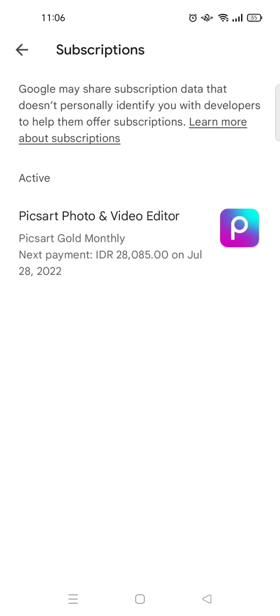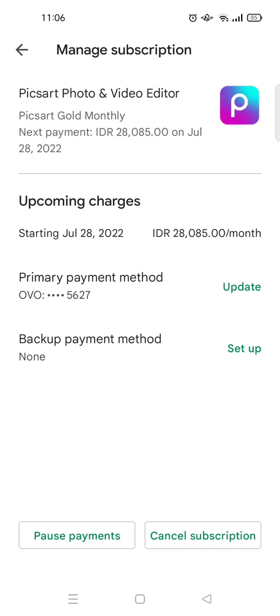Select on that and you'll find here the list of apps that you subscribed to before in Google Play. So in this case I only have one subscription, and then if you want to unsubscribe from it, just click on the app here and you'll find the Pause payments and also the Cancel subscription option. To pause payments, you can just click on this, but if you want to unsubscribe, you can just click Cancel